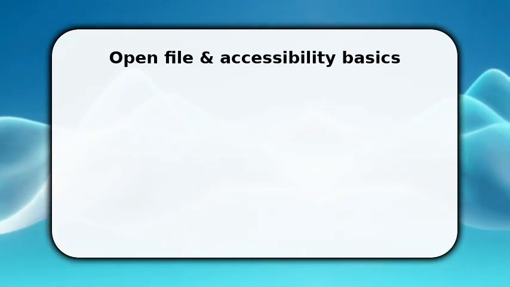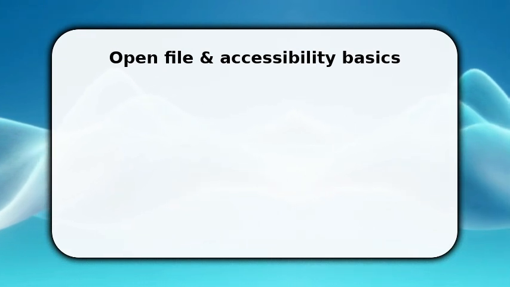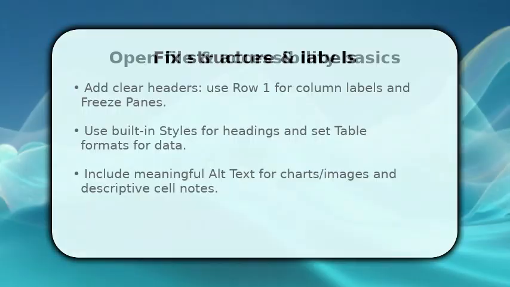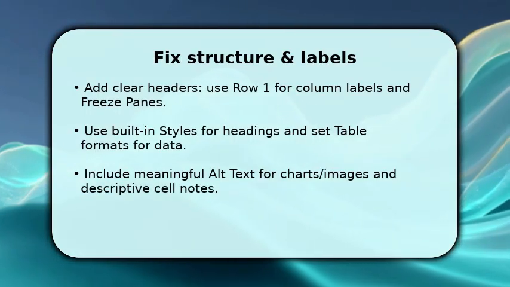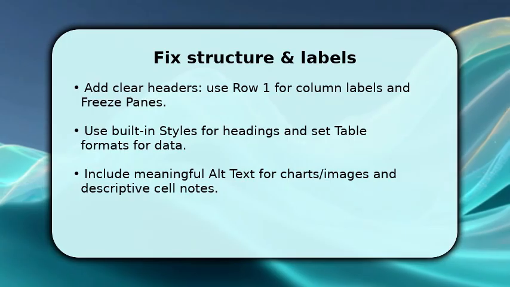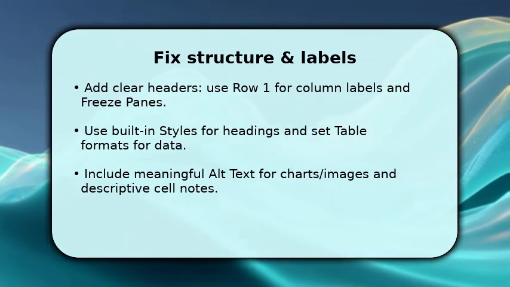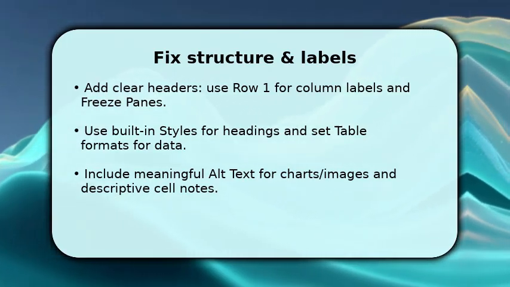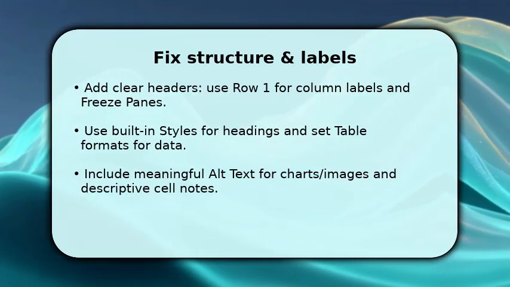You now address structure and labeling because screen readers depend on them. Convert ranges to tables so navigation is logical, then apply consistent heading styles and freeze panes so headers remain visible. Once done, add descriptive alt text to charts and images and replace vague cell comments with clear notes that explain